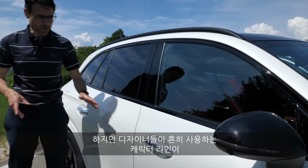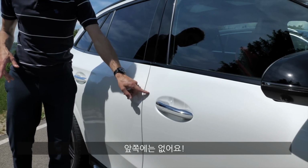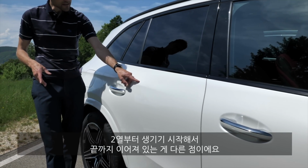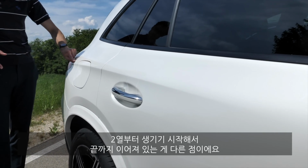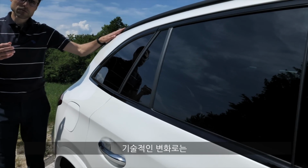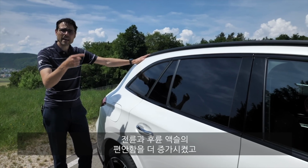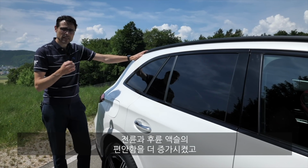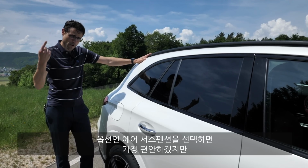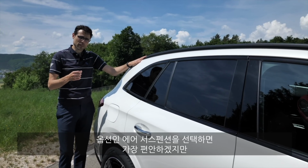You can see here that the dropping line, the famous design line that divides light and shadow, is not here. But this actually appears in the second door and then continues up to the rear. Very interesting. On the technology side, what's also very interesting is the upgraded base suspension. That means there's a new front and a new rear axle that increases comfort. And when you go for the optional air suspension, that would of course be the most comfortable option, however